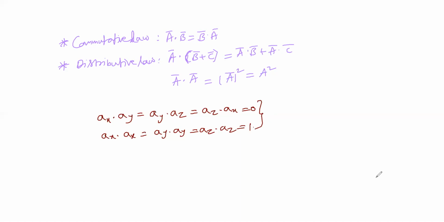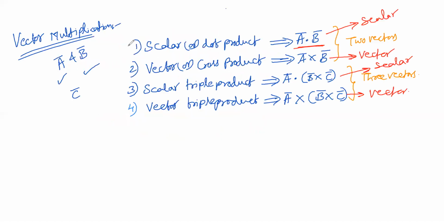So this is the first type of product we have covered, the scalar product or dot product. Next, look into the vector or cross product. Here, for the cross product of two vectors, we consider the same parameters A bar and B bar, and the notation will be A bar cross B bar.